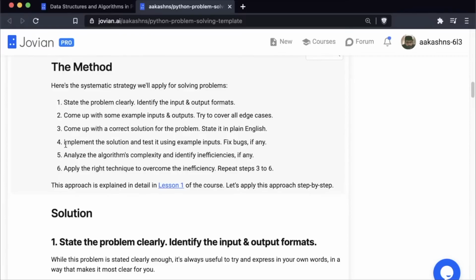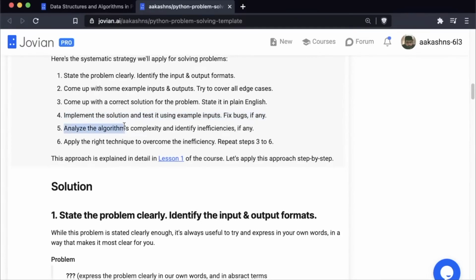This is important while you're practicing, but initially when you come up with a correct solution, it will be a simple solution, what is often called a brute force solution. And in an interview setting, you may not have the time to implement it from scratch. So you may skip it if the brute force solution is too straightforward. Then step 5 is to analyze the algorithm's complexity and identify any inefficiencies in the algorithm. So what you can do in an interview is come up with a correct solution and describe it to the interviewer, and then analyze its complexity directly and start identifying inefficiencies,